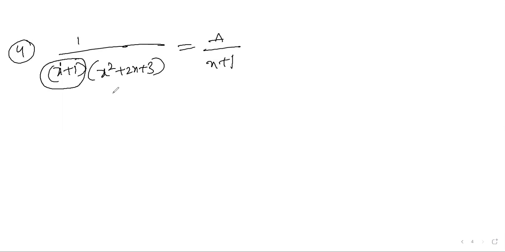Actually, x square plus 2x plus 3 is second order, degree 2. You might think two terms B and C will come, but we are not supposed to split it into x plus 1, x plus 2. It is not possible. At that time, whenever this is second order, we can write Bx plus C by x square plus 2x plus 3. Are you clear? Why did I write only A for this? This is first order, so write A into x power 0. Example I am telling.